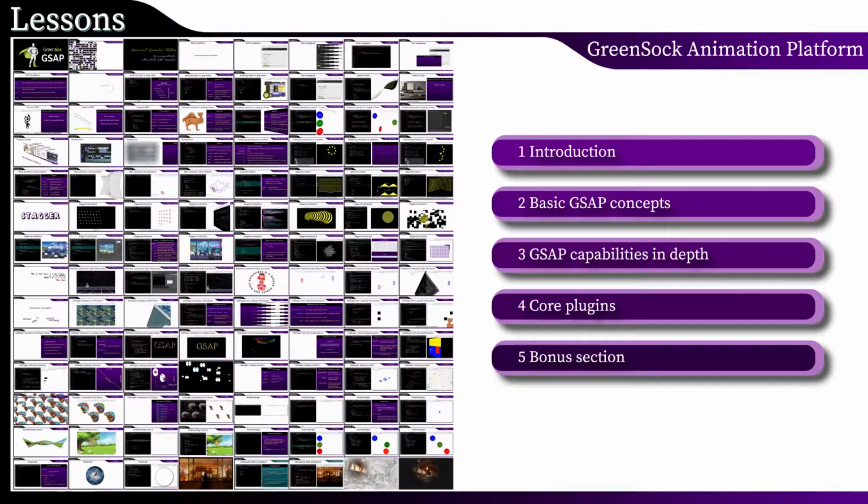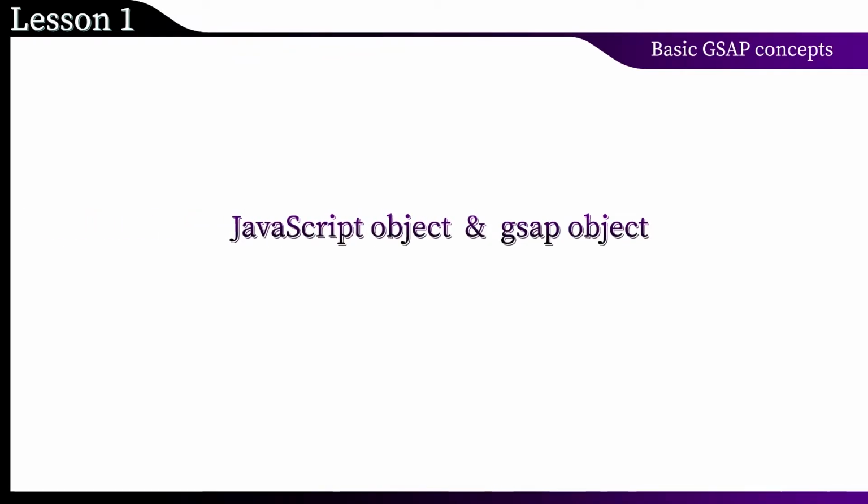5 chapters await you. The first one includes this lesson, as well as information about the options for installing the library. In the second chapter, you will get acquainted with the basic concepts. And the first of them is a universal object that provides access to all the functionality of the library. For a better understanding, we will trace the relationship with the concept of an object in JavaScript.